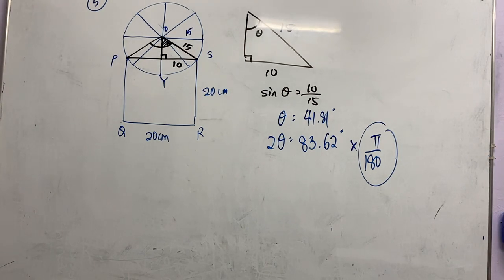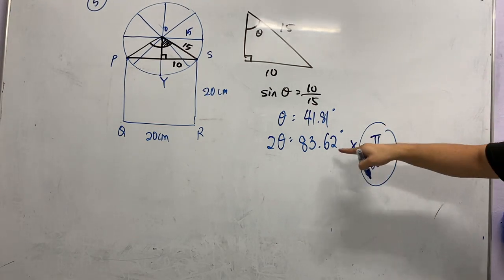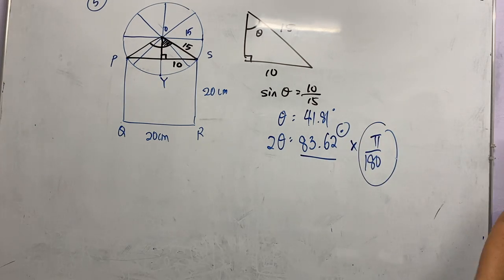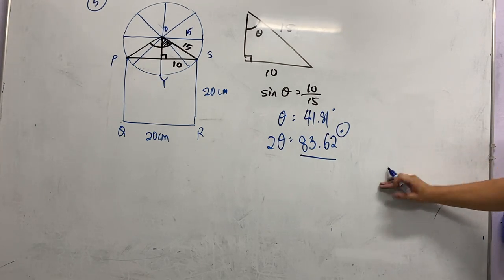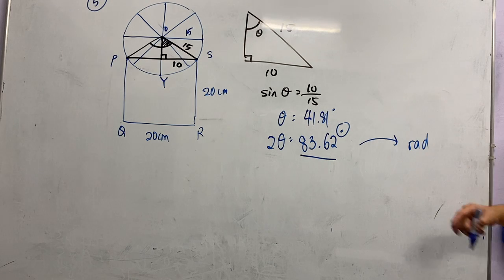Tak ingat ya? Pi over 180 kan, 180 over pi kan? Yes, no lah, okay lah. Right, kalau rasa susah dengan ini kan, macam ni lah. You know, this is in terms of degree kan, correct? Okay, sekarang you nak tukar jadi apa? You nak tukar jadi radian, okay? Calculator tukar jadi radian dulu, okay? Tukar jadi radian, right? Lepas tu, you tekan